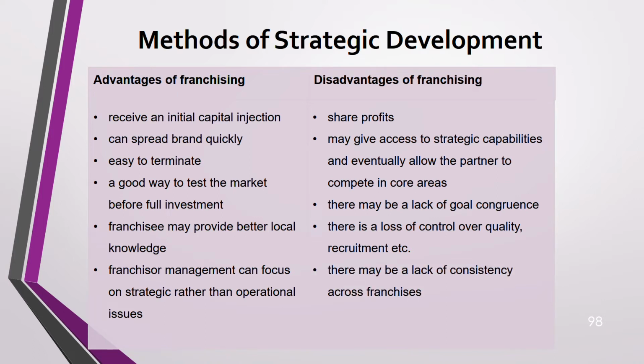Then there is a lack of consistency across franchises. That's why if you have ever gone to Pizza Hut or McDonald's and tasted the food, you will always see some differences among the branches themselves, in the same country or in a different country. Why is it so? Because there's a lack of consistency. Not all the franchisees will perform the same or can cook in the same way. Differences are there. It's not consistent. This can affect the brand name of the franchisor even though the franchisee is the one who's working.